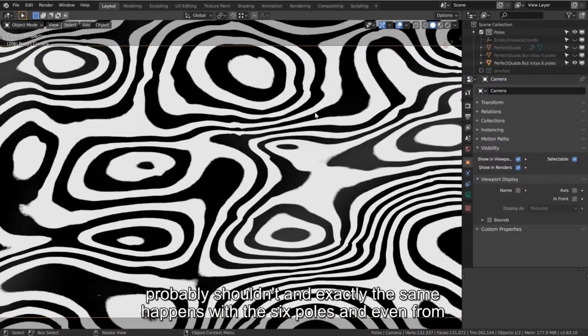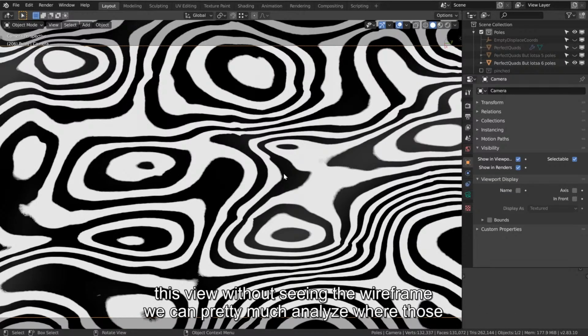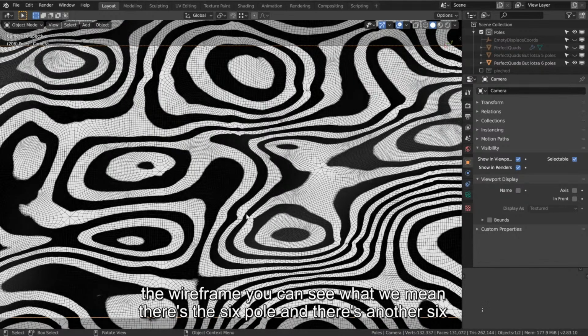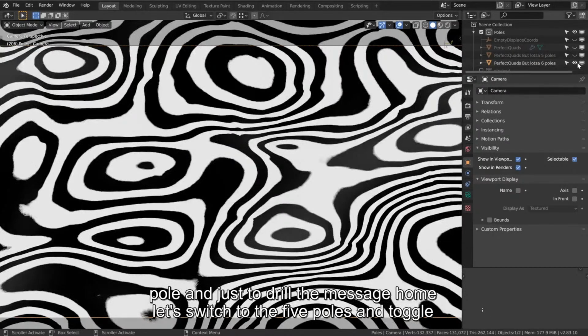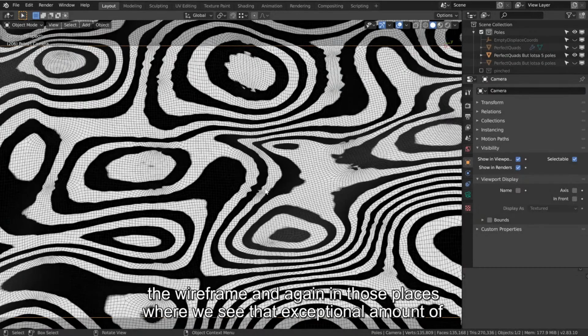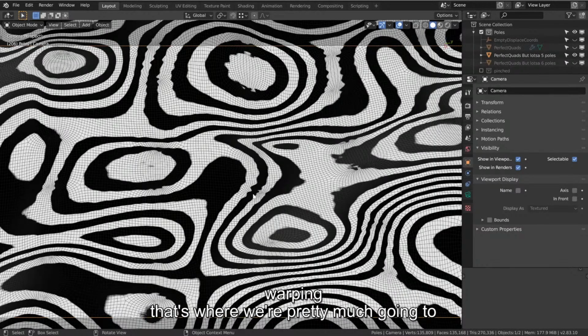And even from this view, without seeing the wireframe, we can pretty much analyze where those poles are. So for example, there's one here and there's one here. And to toggle the wireframe, you can see what we mean. There's the 6 pole and there's another 6 pole. And just to drill the message home, let's switch to the 5 poles and toggle the wireframe. And again, in those places where we see that exceptional amount of warping, that's where we're pretty much going to